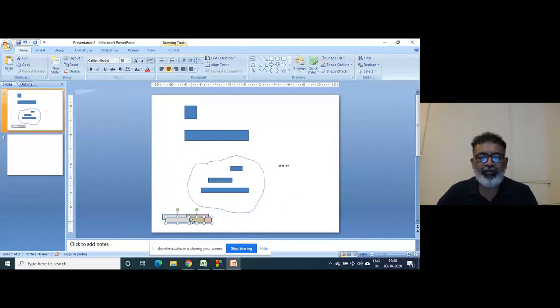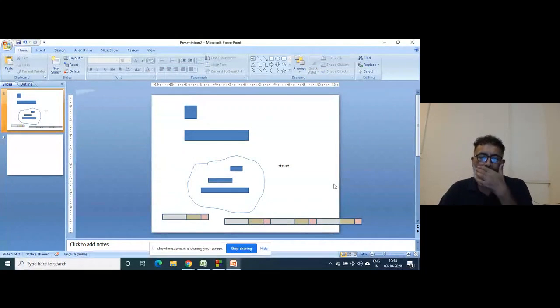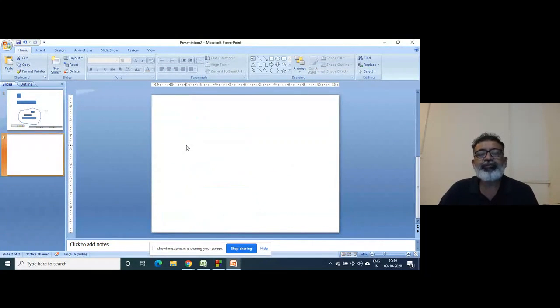The advanced part of this is to create an array of structure like this. This will be array of structure, right? Now, next part we thought of a heap.